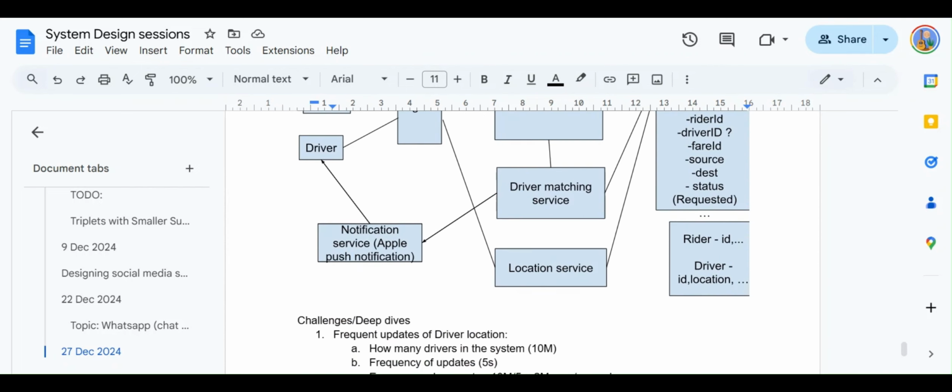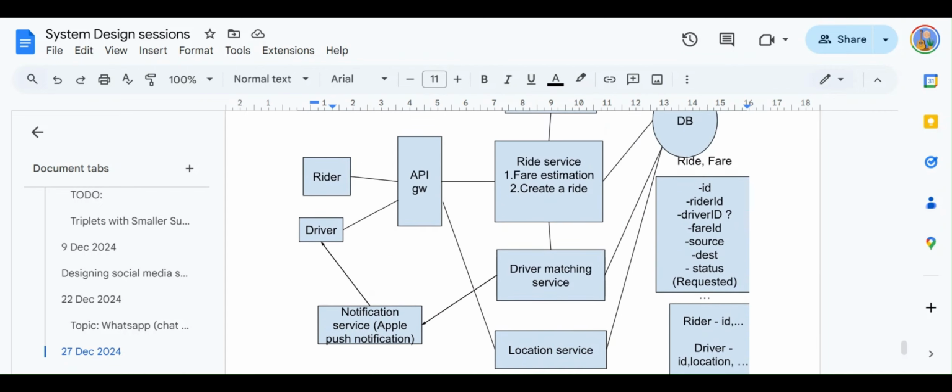What we can do is change the state of that driver to, let's say, that he is already having a request. We can change the status of that. That could be like he's currently engaged, or there's an outstanding request for that driver, right?